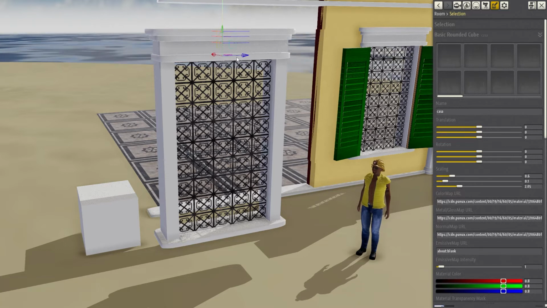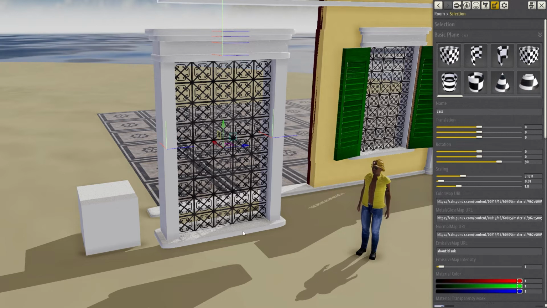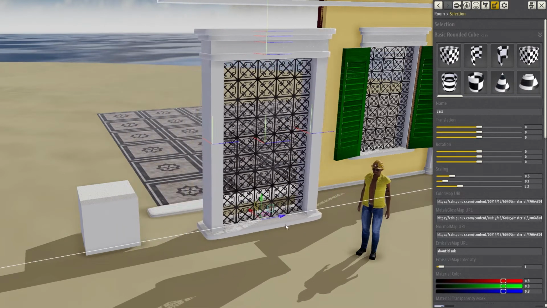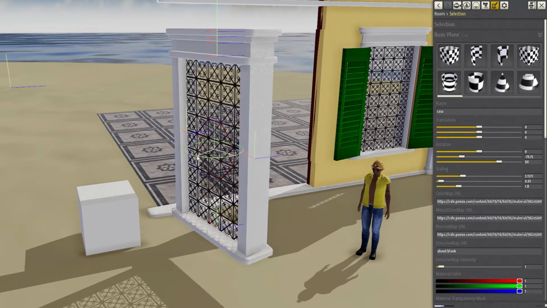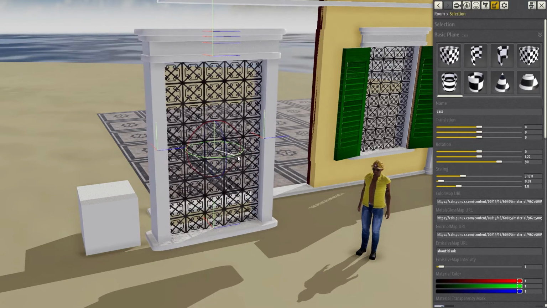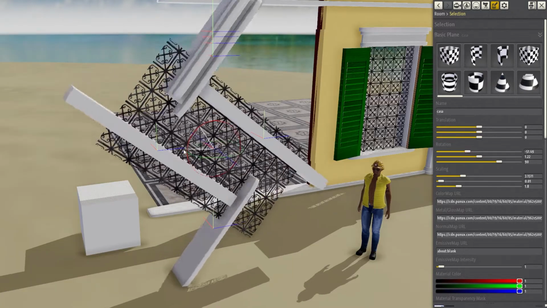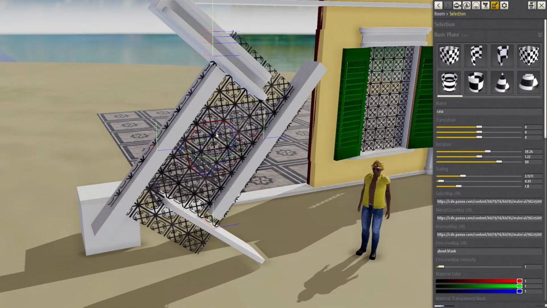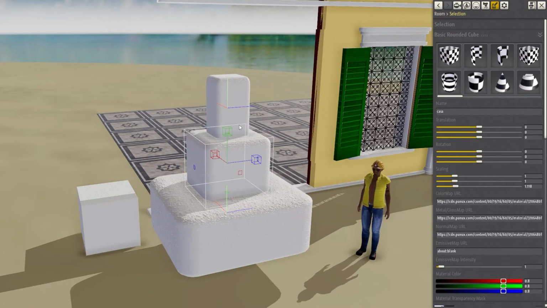Translation on a group of selected objects will work as usual. As you can see, in a group of selected objects, the manipulators are shown on the last one added. When rotating the group of objects, the center of rotation is the last object selected. If you keep the Control key pressed while rotating, all the selected objects will rotate on their own axis instead. Scaling a selection of objects will edit them as a single object.